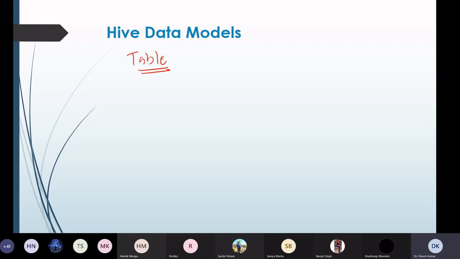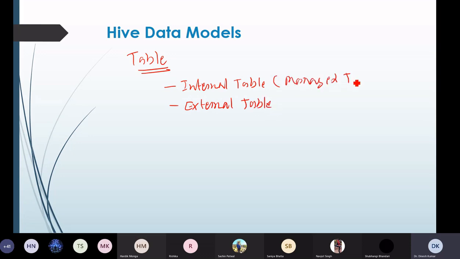Fine. So, Hive has two types of tables. One is called internal table, and second is called external table. Internal tables are also called managed tables.